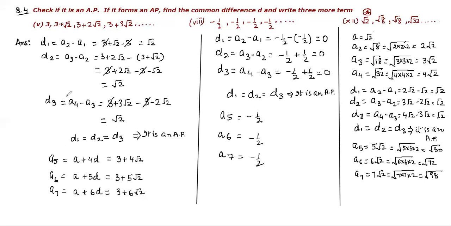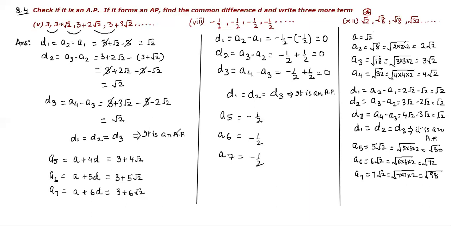So how many d's were possible? 3 d's were possible. When I take this minus this, when I take this minus this, and when I take this minus this. Okay, children? So 3 d's were possible with the given terms, and I've checked for all. After that, this dot dot dot is there. So we will check for all the terms before the dots. Find out all the possible d's. And if all the d's are coming equal, then you will say that this is an AP.